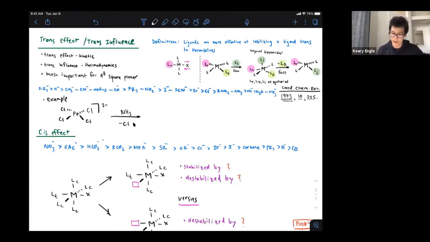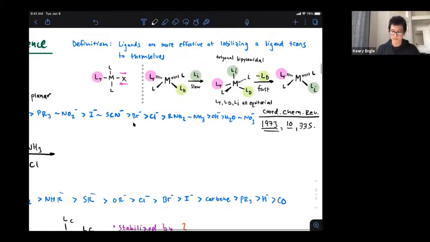So I've tried to depict that here. I'm trying to get creative with my use of color. The ligand in question, the trans-influencing ligand here, is the one highlighted in pink, and the ligand that's being exchanged is the one denoted X, and I'm using these exchange arrows. So this is an empirical trend. This doesn't necessarily fall out of first principles, but the rationalization of this trend is that ligands that have a strong